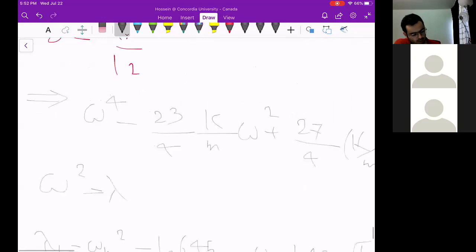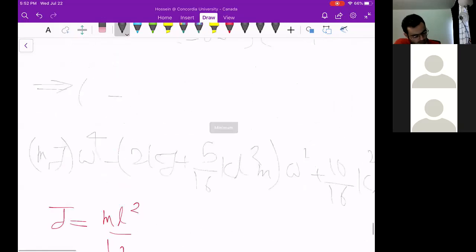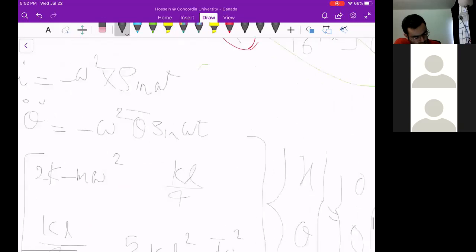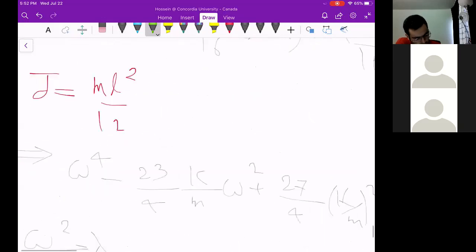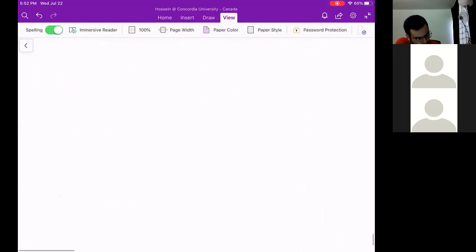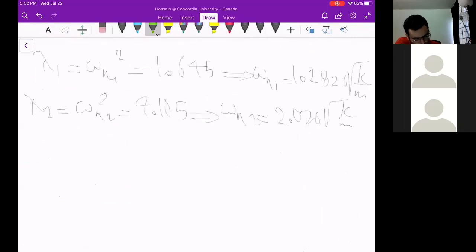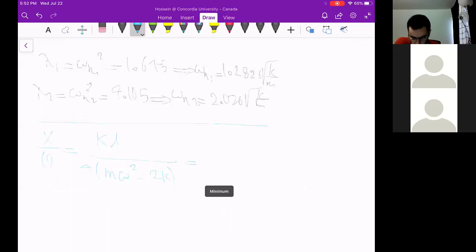For natural mode shape, all you have to do is just take one row of this equation, this row, and just read it. Read this line and write it here. X over theta is going to be kL over 4 divided by m omega squared minus 2k, which is going to be